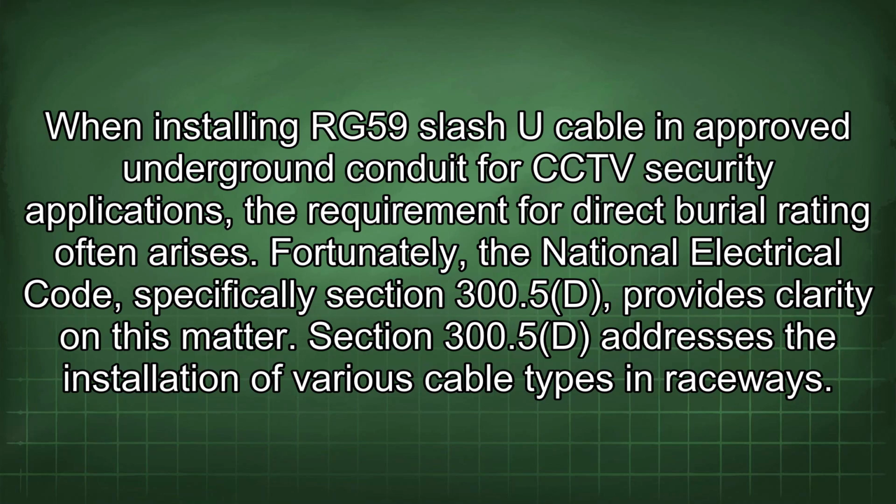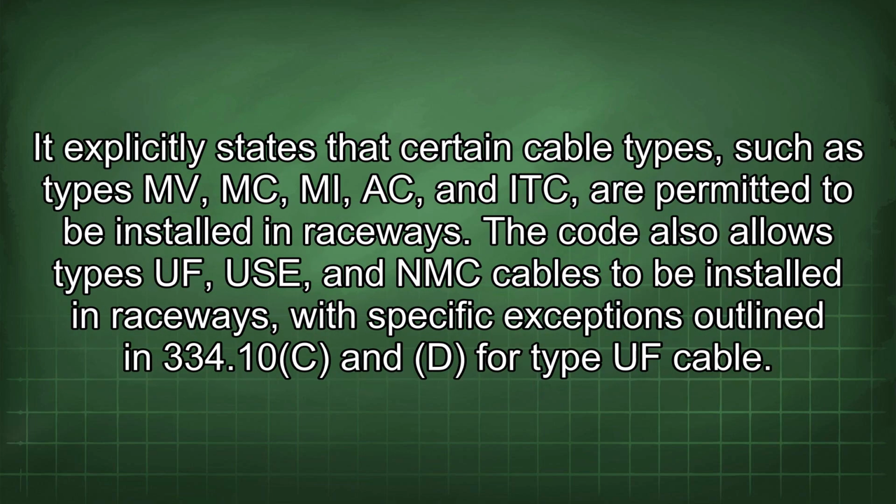When installing RG59/U cable in approved underground conduit for CCTV security applications, the requirement for direct burial rating often arises. Fortunately, the National Electrical Code, specifically Section 300.5(D), provides clarity on this matter. Section 300.5(D) addresses the installation of various cable types in raceways. It explicitly states that certain cable types, such as types MV, MC, MI, AC, and IC, are permitted to be